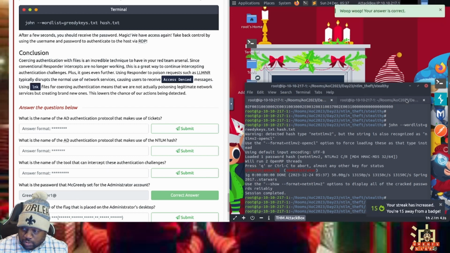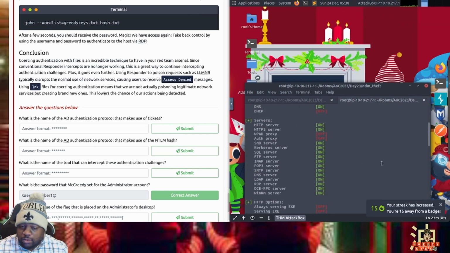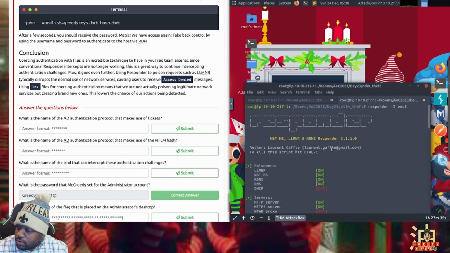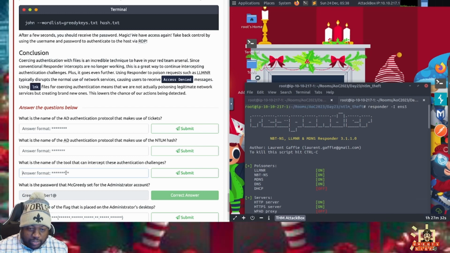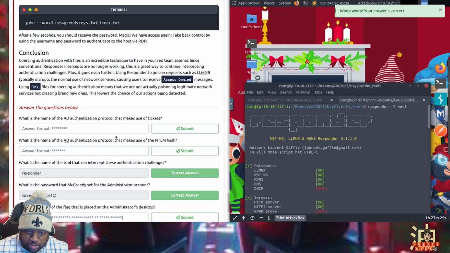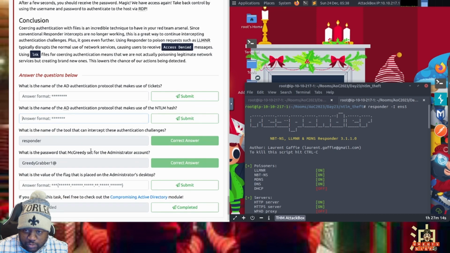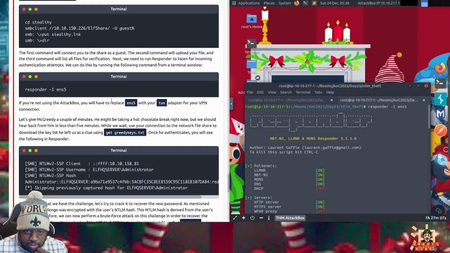So we used, not Interceptor. I want to say the program's called Interceptor just because it's intercepting. It's Responder. The protocol that makes use of tickets, and the protocol that makes use of the NTLM hash.